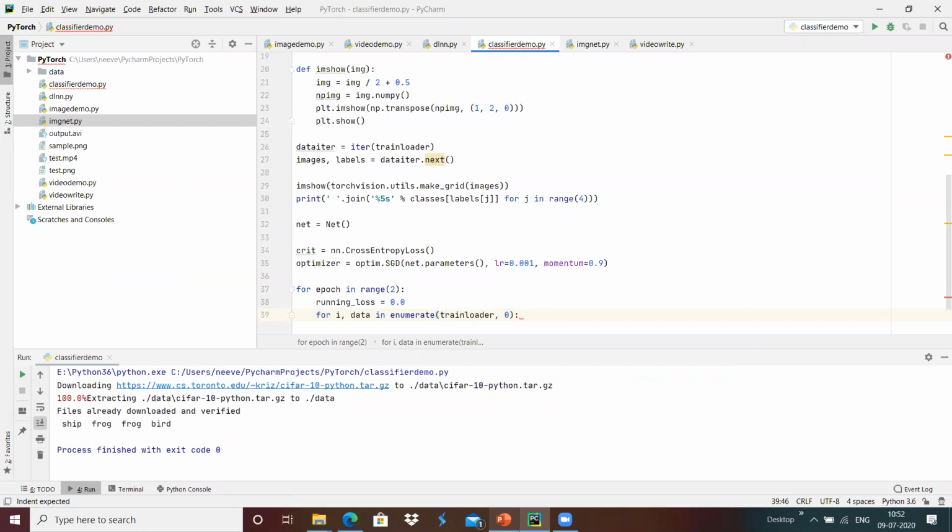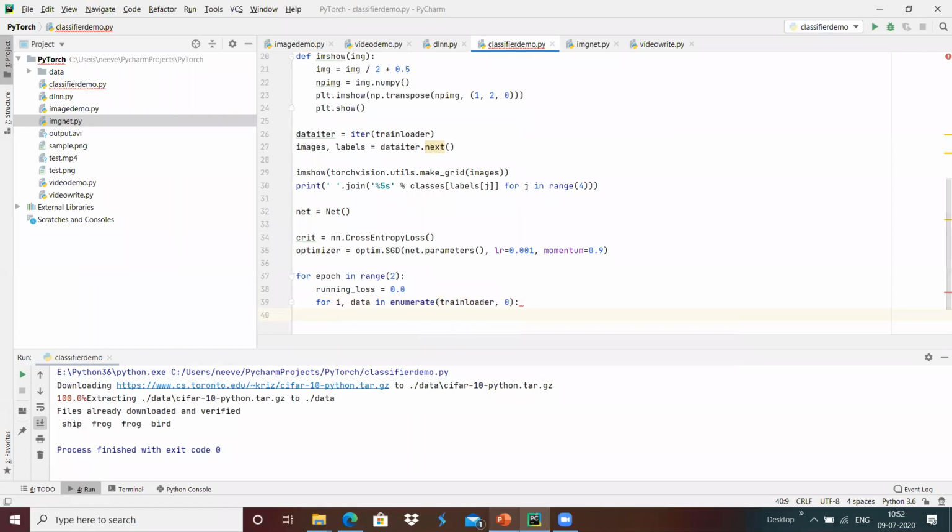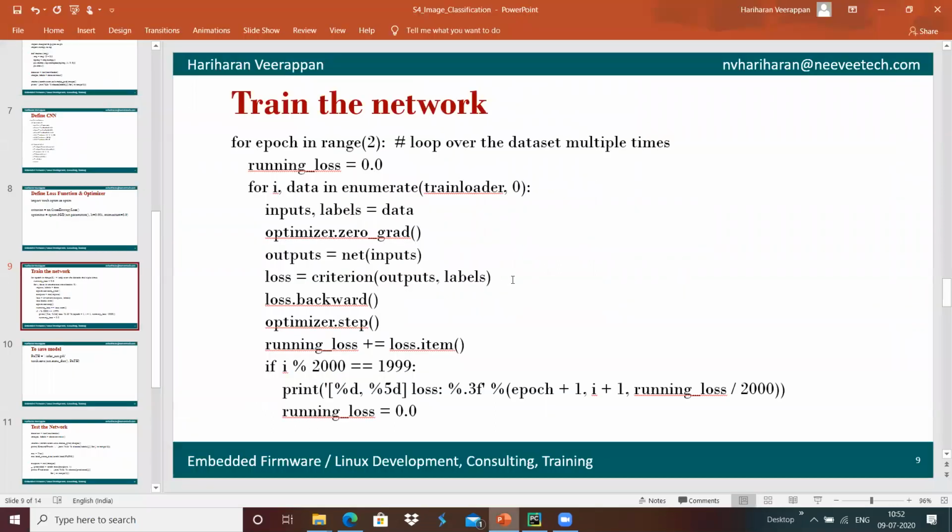From the train loader all the images will be loaded, and the loaded images will be used by the network to get trained by itself, meaning it creates patterns to predict or detect new input images.